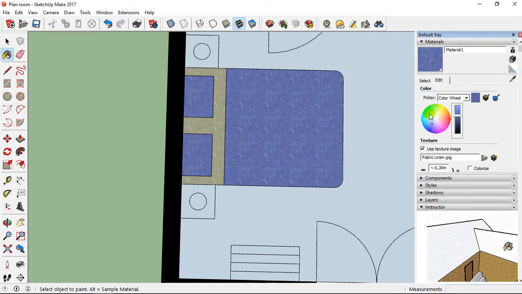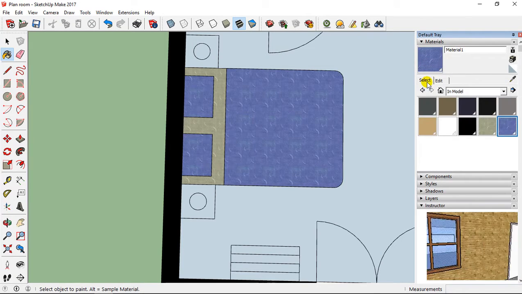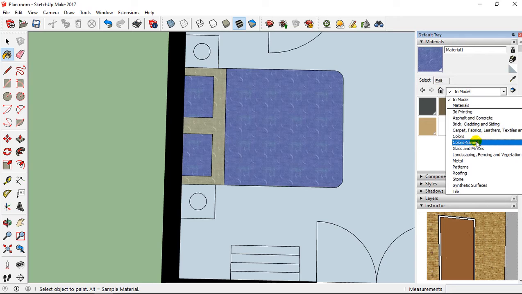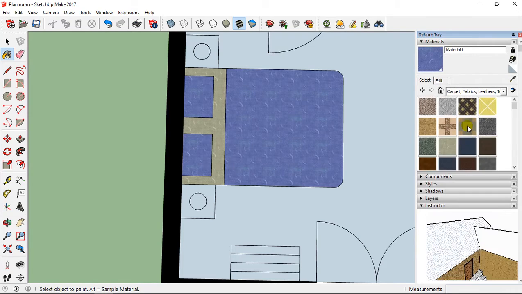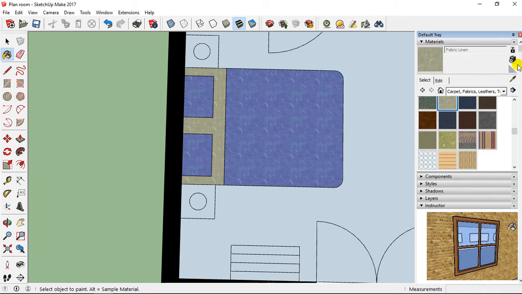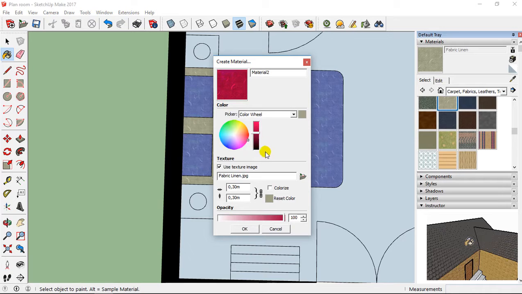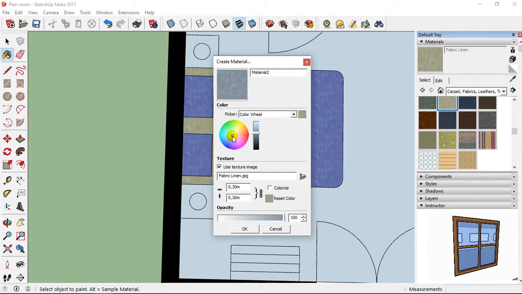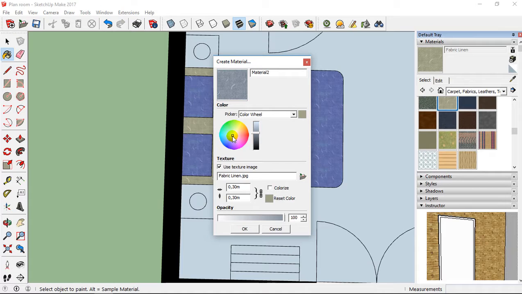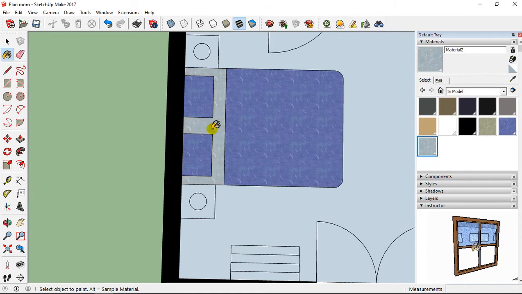Now I'm going to take a different material. So I'm going to come back on carpet, leather, and fabrics. I select again fabric linen. I go on plus, and this time I'm going to add something like this.